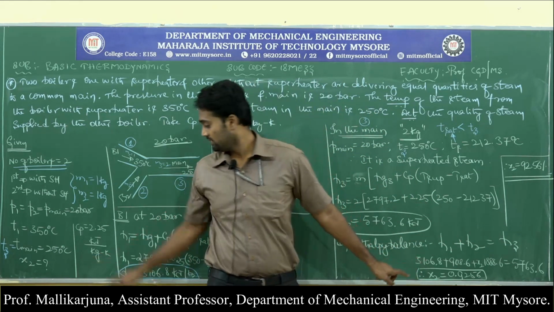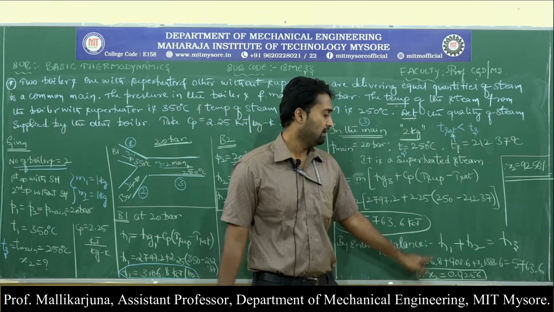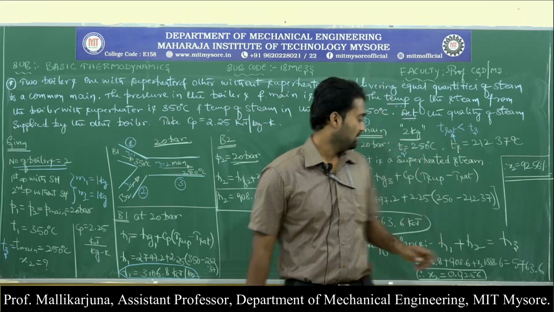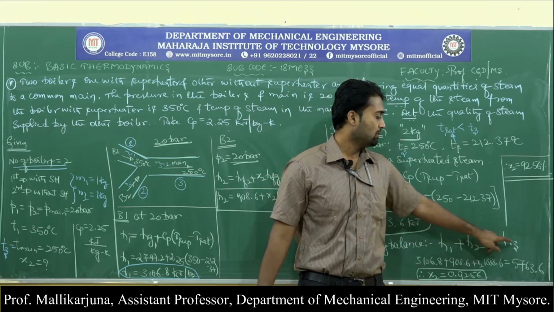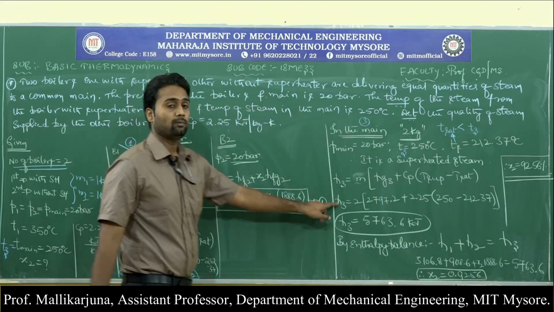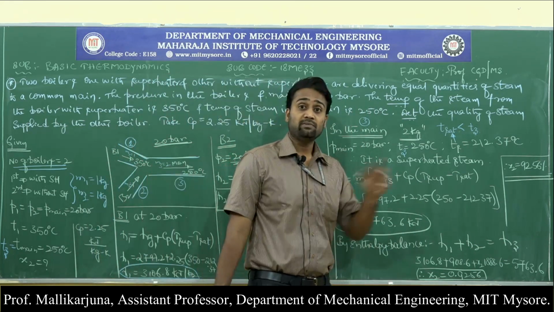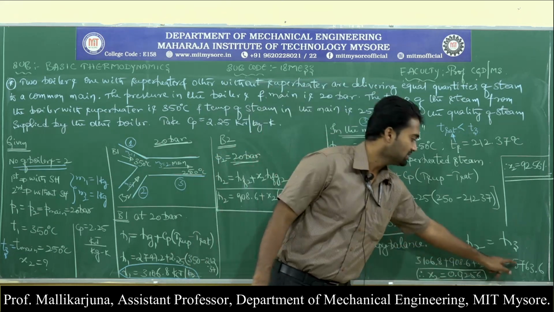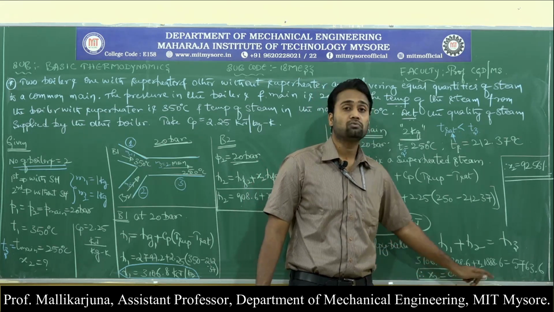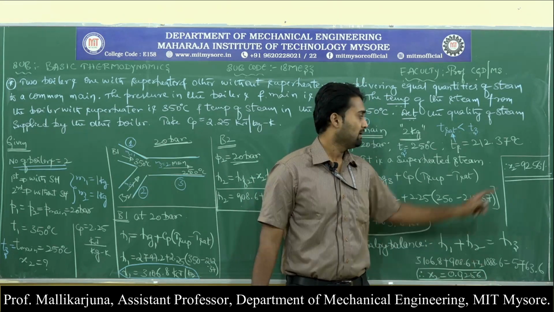Please substitute the value of H1. You have calculated the value of H1. Please substitute the equation that you have got for H2. This is the equation that I have got for H2, which is equal to H3. What is this H3? Which is nothing but the enthalpy of the superheated steam which is present in the mains. If I balance this equation, I will get the value of X2 as 0.9256,